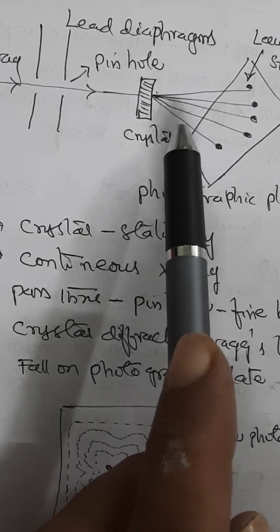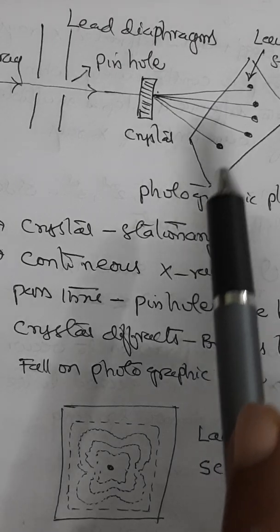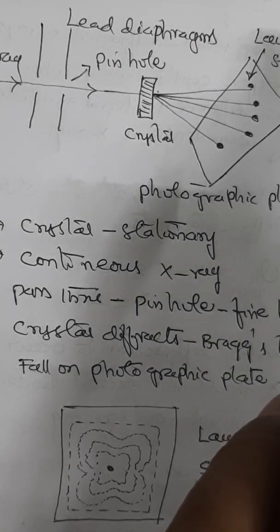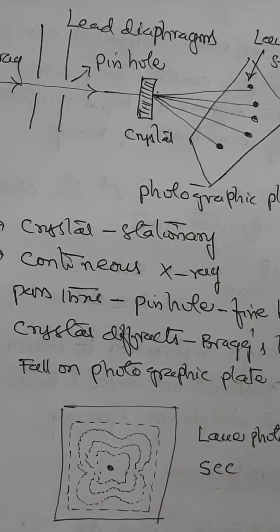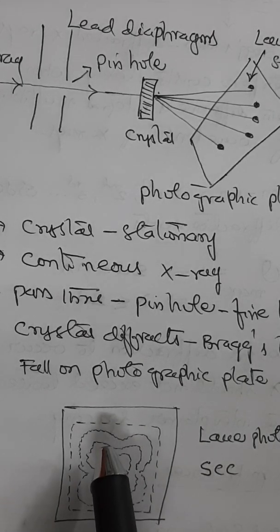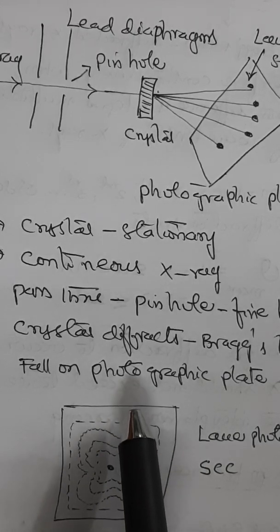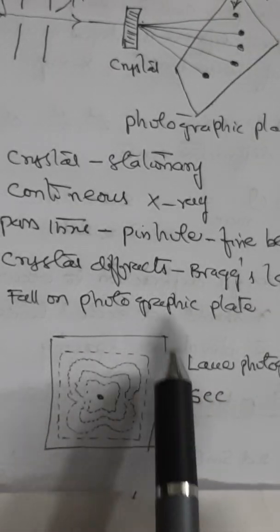So the diffracted X-rays are allowed to fall on the photographic plate. The diffraction pattern consists of a series of bright spots corresponding to interference maximum for a set of crystal planes, satisfying the Bragg equation we studied as 2d sinθ = nλ for a particular wavelength of the incident beam. So the distribution of spots depends on the symmetry of the crystal and its orientation with respect to the X-ray beam. So the symmetry looks like this.